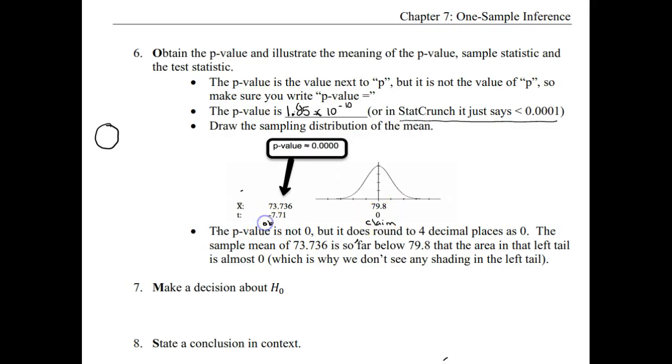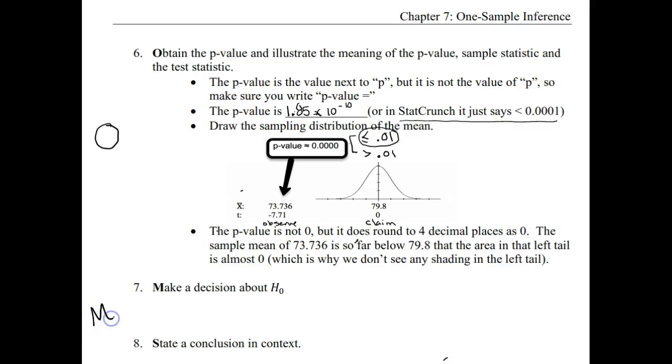What we actually saw in the data was a sample mean of 73.736. So it's below 79.8. How far below depends on two things that we could look at. So the t-score tells us that it's 7.71 standard deviations below the mean, so that's really far. But again, the p-value gives us a better idea for most people with probabilities. And so that p-value rounded to 4 decimal places is about 0.0000. And in this case, we were comparing that value to 0.01. So the level of significance given at the beginning of the problem was 0.01. And so this p-value is definitely less than or equal to 0.01.